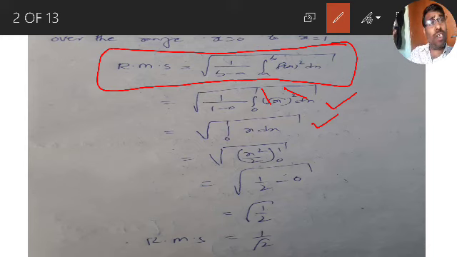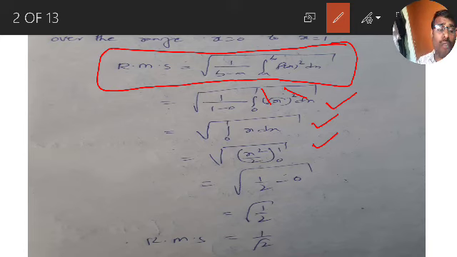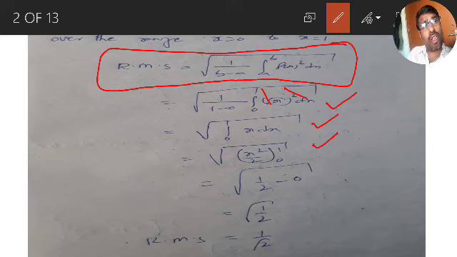So, what is a definite integral? The fundamental theorem of integral calculus says integration a to b f of x dx means you have to integrate the function, then apply upper limit minus lower limit. Here also, integration 0 to 1 x dx means x squared by 2 from 0 to 1. So, upper limit minus lower limit, by the fundamental theorem of integral calculus.